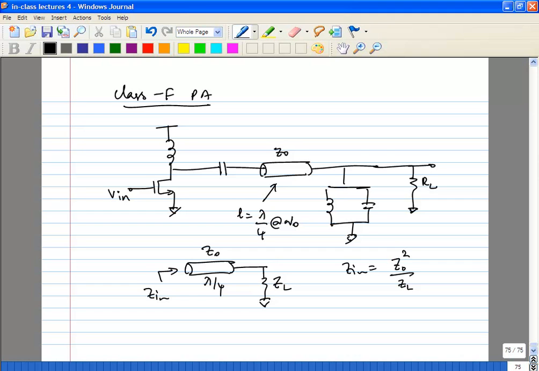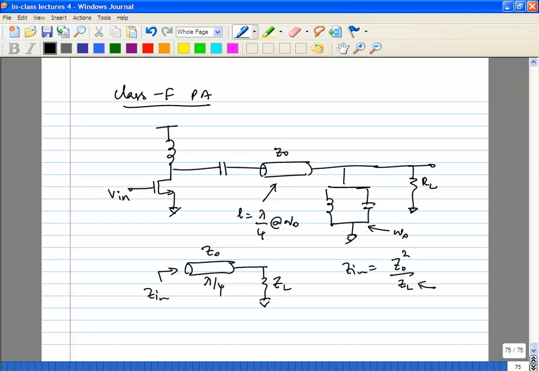It turns out that if you do this, first of all, this is tuned to omega naught. So at omega naught it's an open. For all other frequencies it's a short. What is this transformer going to do? At even multiples of omega naught, so let's say 2 omega naught, 4 omega naught and so on, this transmission line is going to have an effective length of n times lambda over 2,